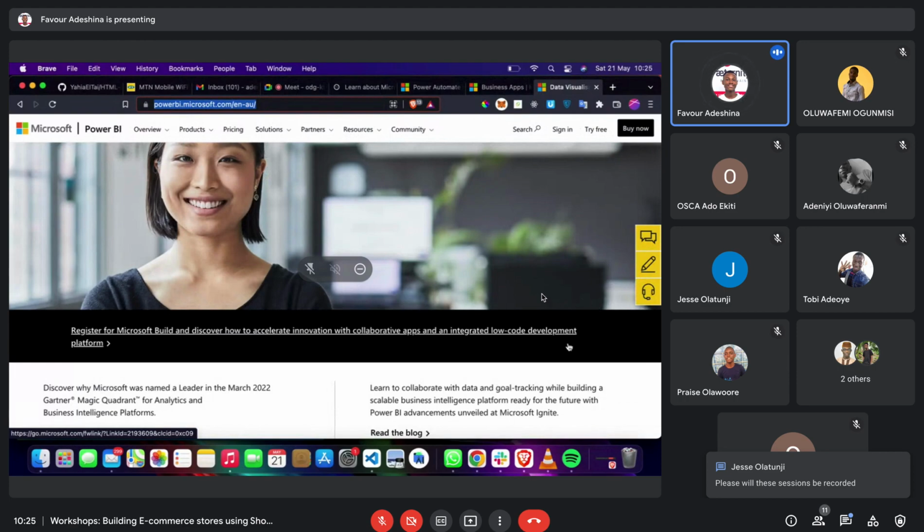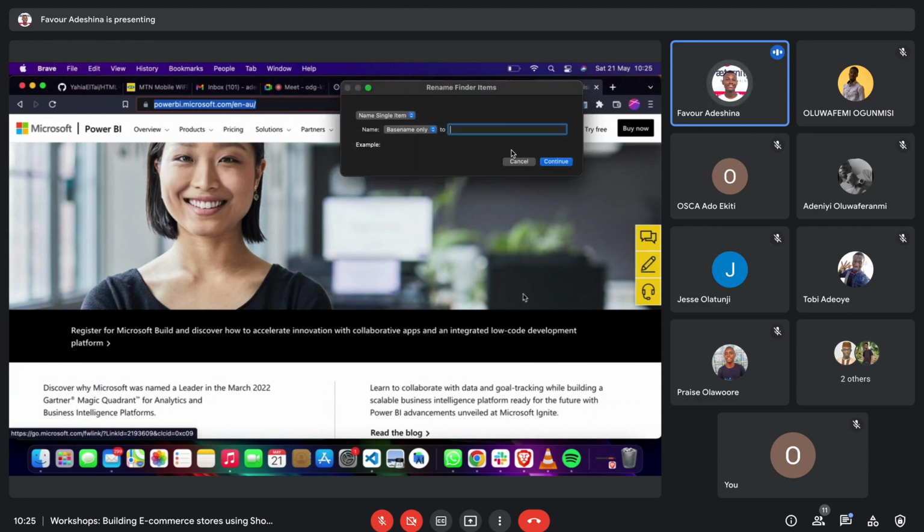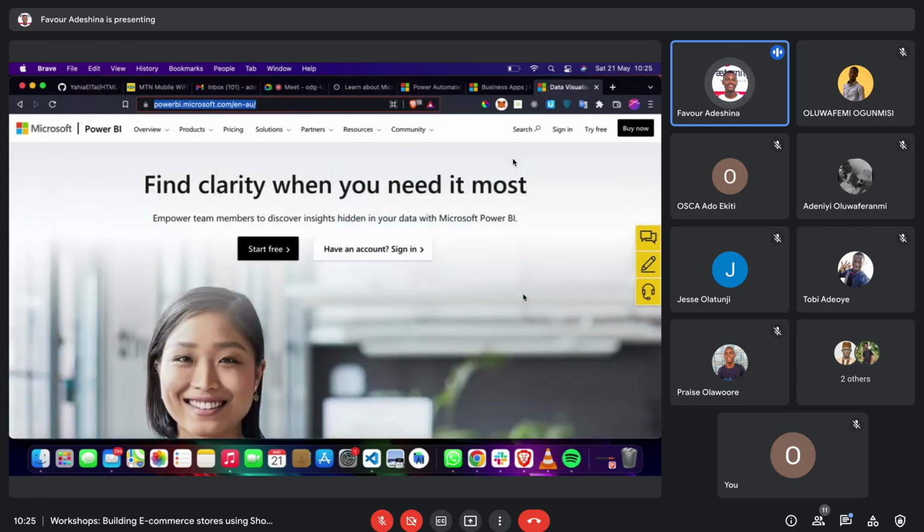You need to have a Microsoft 365 license. I don't know if you know about the Microsoft 365 apps and stuff. But there's a way around it for you to also have this license to build on these tools. There's what we call the M365 developer account. You need to set up an M365 developer account, and then they'll give you a license for free for 90 days. With that 90 days, you can actually learn about these tools.